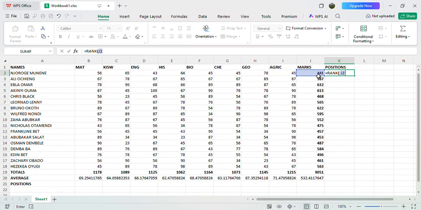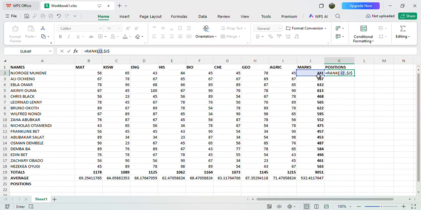It will show me the column selected. Then you press comma. Then, because when we are doing what we call ranking, we normally use the dollar sign, that is key 4, you press shift dollar sign. After you've pressed the dollar sign, you press the column, that is column J. You press shift dollar sign.